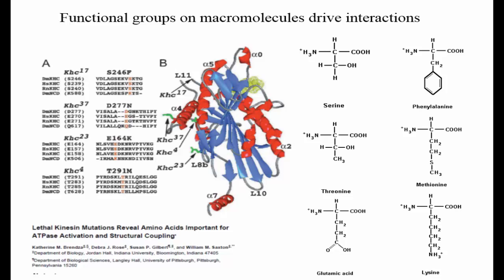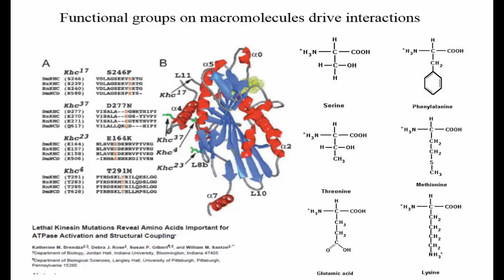In contrast, mutating residue 164, which is actually far from either the ATP binding pocket or the microtubule binding domain, from glutamic acid to lysine, actually caused kinesin to bind ATP tighter. The authors believe that replacing the negatively charged carboxylic acid residue of glutamic acid with the positively charged amino group on lysine allowed lysine to create an ionic bridge with a neighboring helix, thus stabilizing the ATP bound structure and